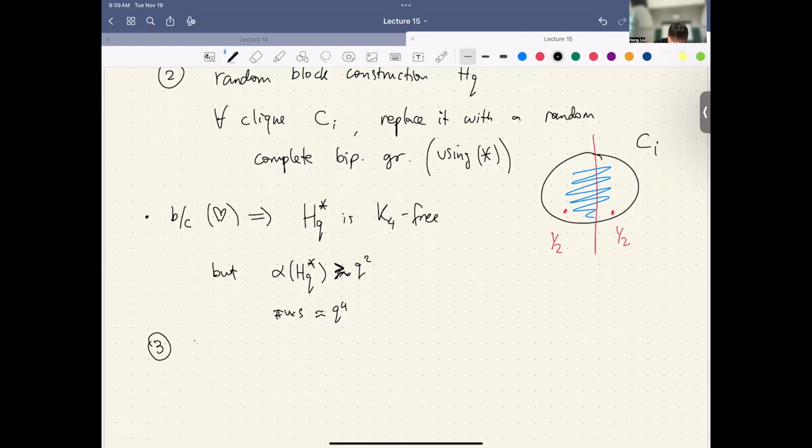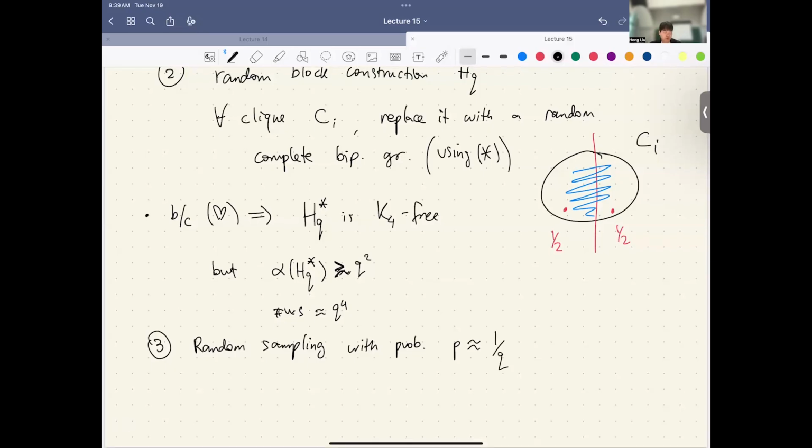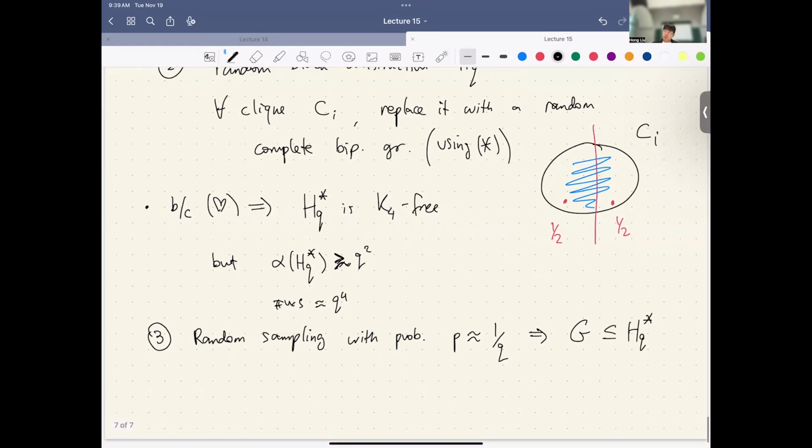We do random sampling. We sample every vertex with probability P, up to some polylog factor. Let me not worry about the polylog factor, roughly 1/Q, okay? To get the final graph. Let's call it G. So G is a subgraph of HQ star, yeah? So let's see, now the parameters will check out. Well, first of all, what we need to do here is,